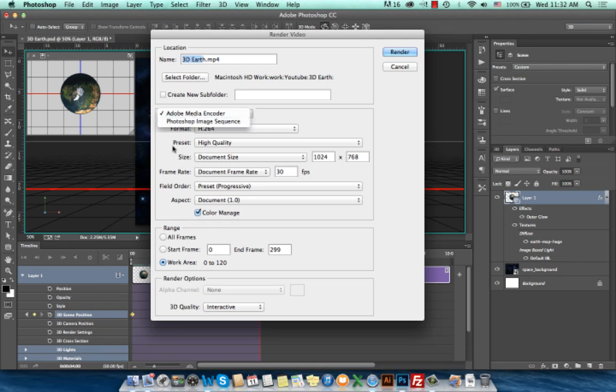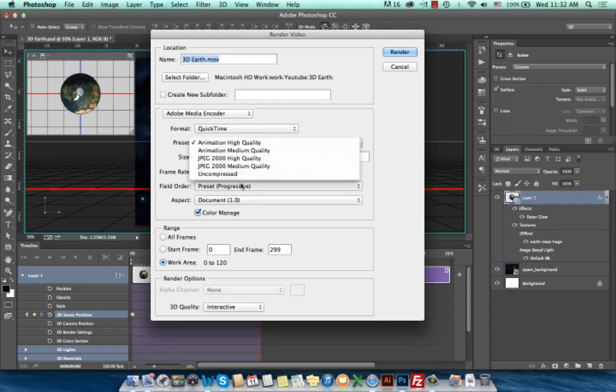I will keep Adobe Media Encoder. Adobe Media Encoder is an external tool that allows you to export video in different formats. So from the formats I will choose QuickTime, and I can set the quality of the QuickTime file. Also I can choose the size of my document,